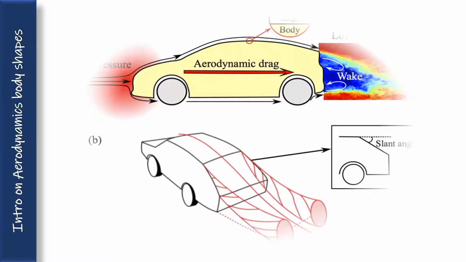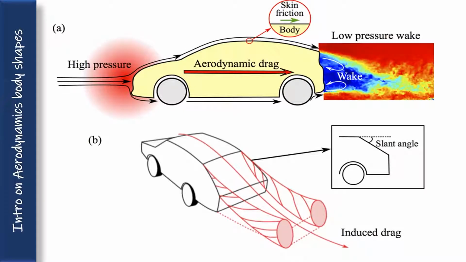Here we are going to see a picture where the previous vehicle was like this. There was a slant there, but for the induced drag, the flow must be this way. So this is a slant angle. In the previous vehicle it was flat. After that, when they redesigned it, they kept a slant here.